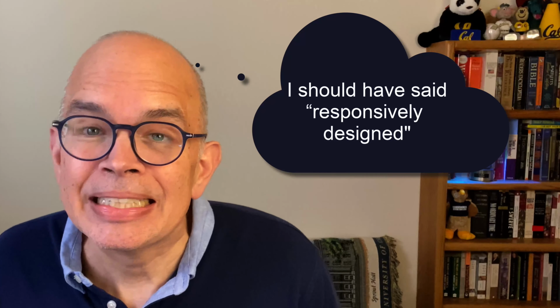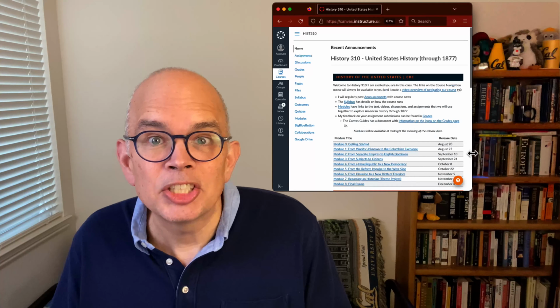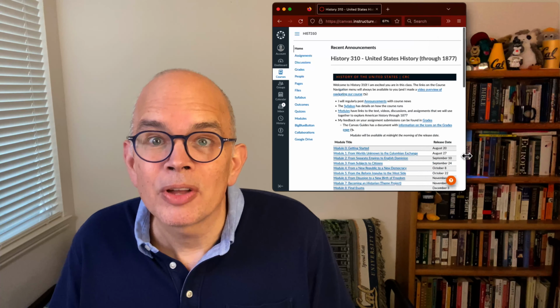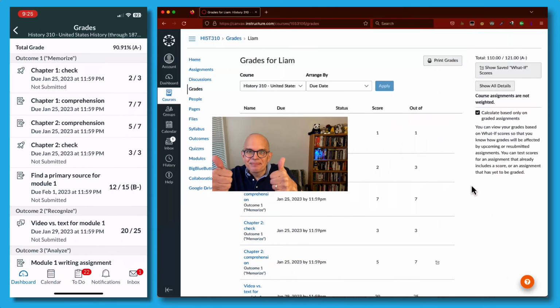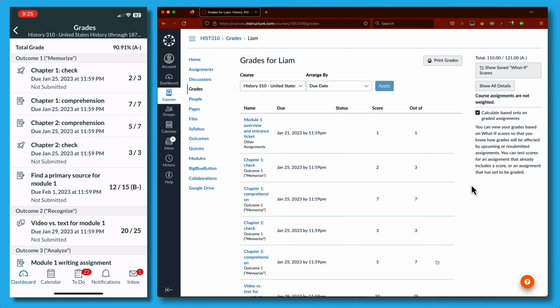Canvas is adaptively designed. That means this page is changed to match the screen size, and it will work on the native smartphone browser. But sometimes it's easier to use an app. I don't have an Android device, but I do have an iPhone. That's what I'm going to use for demo time. There are four main differences between the appearance of the grades page in the student app and what a browser